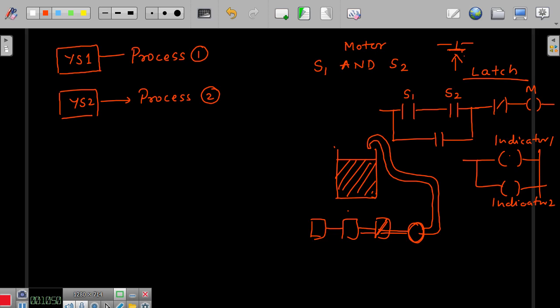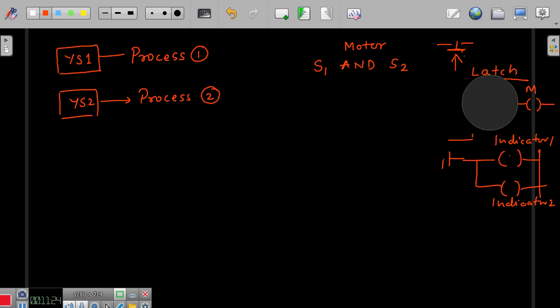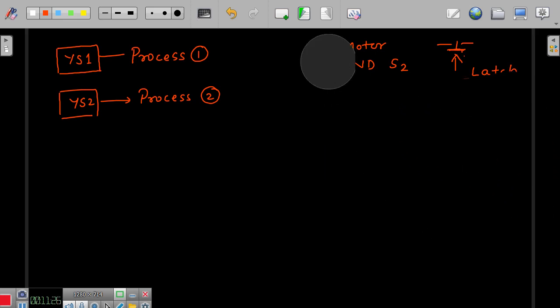So these two indicators will have to be turned on depending upon some signal which you receive, and this signal could be the liquid level indicator signal itself, because the moment the liquid level indicator gives the signal, the motor turns off, and the same signal can be used here also to further turn on two more indicators. So this is what is going to happen as far as the first part is concerned. Anyway, we will write this in detail.